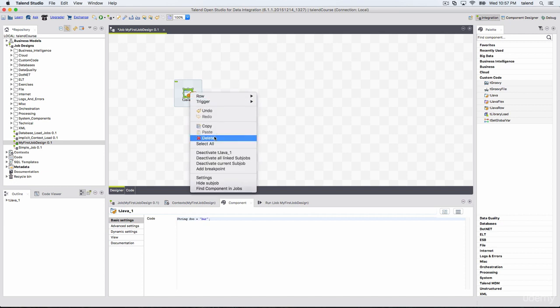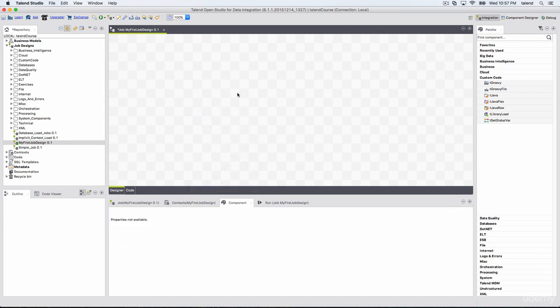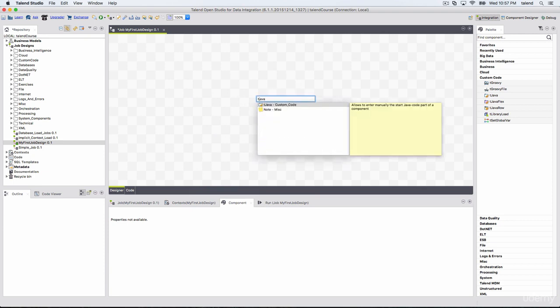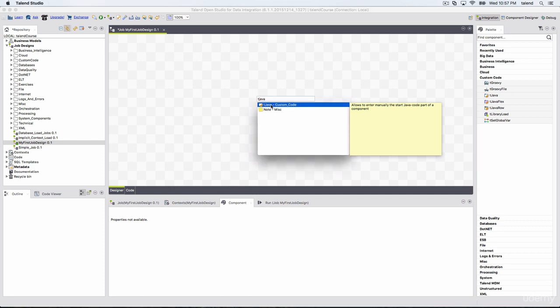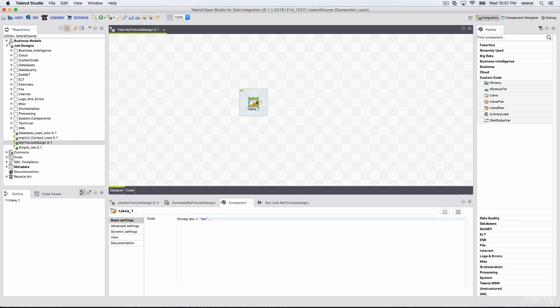Or the best method, and the one I use, just click anywhere in the workspace and start typing the component you want, and then click. And there is another method. For example, if you already have a component in the design workspace and you want to add another one, let me remove this.